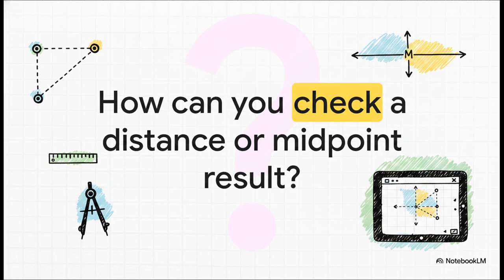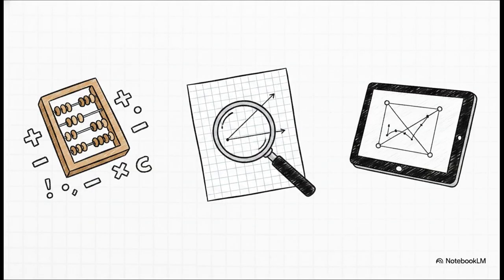Ready for the second check? Flexibility is huge in math. So, how can a student check a distance or midpoint result using coordinates, a diagram, or a dynamic construction? What tools do you have in your toolbox to prove your answers? You actually have 3 incredibly powerful methods here. First, like we just modeled, you can use coordinate arithmetic to ensure distances from the midpoint to both endpoints are equal. Second, you can use a